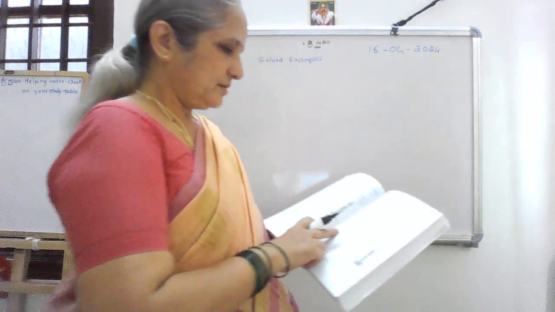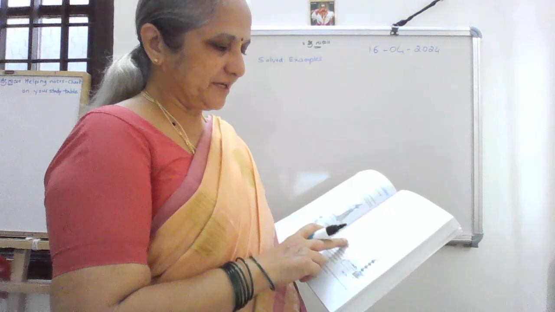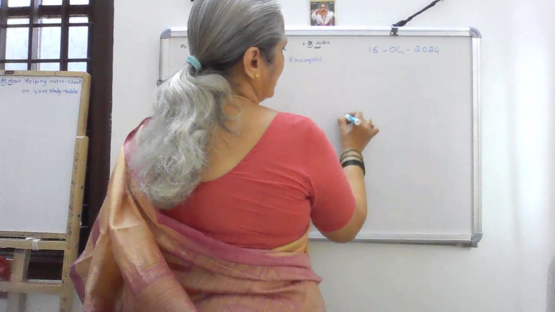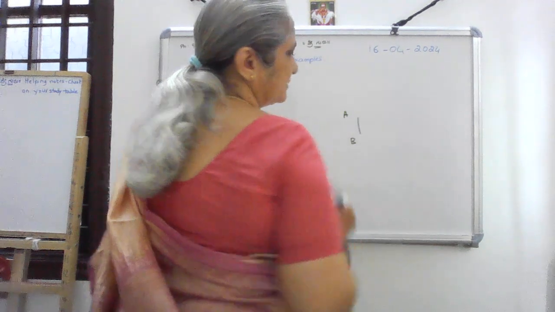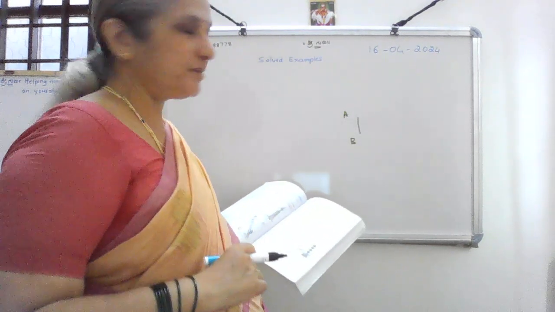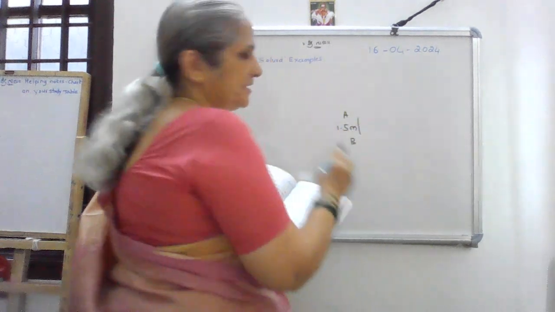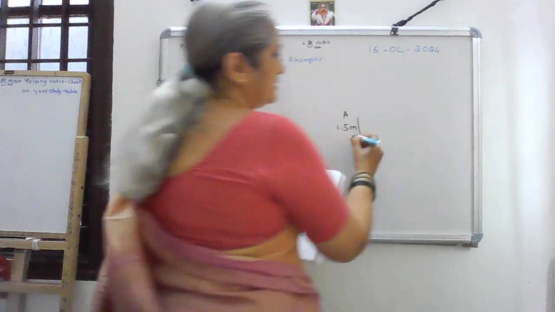And now the third example. An observer 1.5 meter tall. He is 1.5 meter tall. You can write in the figure as AB. It is 1.5 meters. He is an observer and he is observing